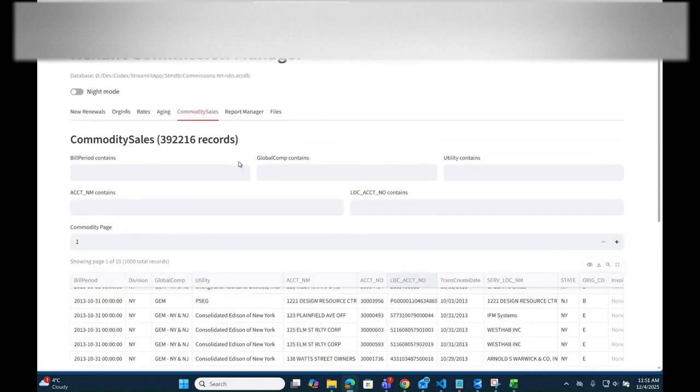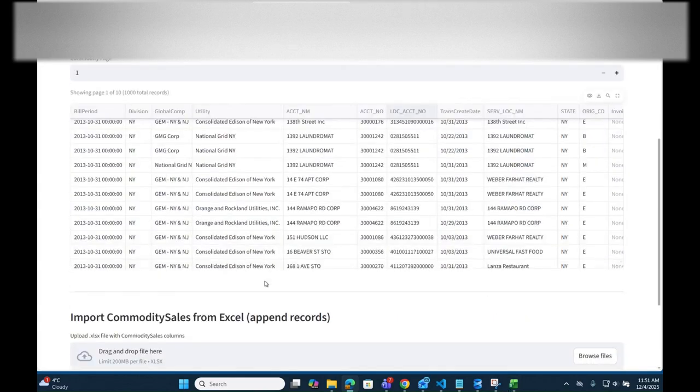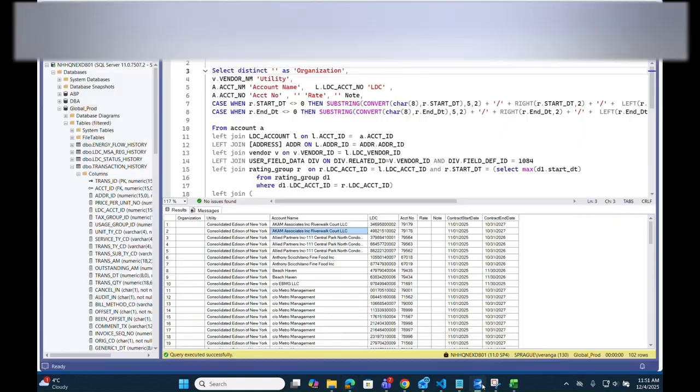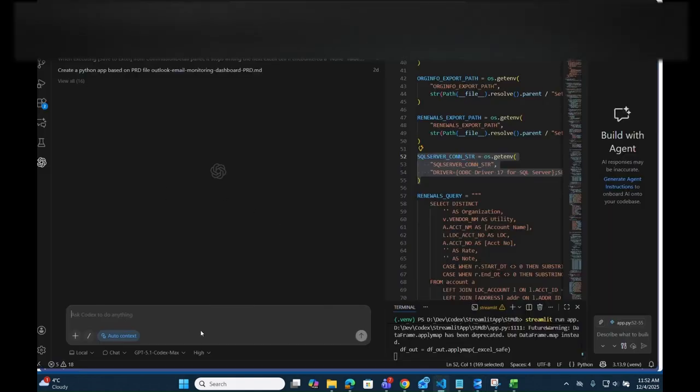For example, in commodity, I want to use SQL to populate instead of from Excel. So we're going to need a query. For example, here, commission detail, I want this result to be the same as the one in Excel. We are attempting to append this record to the Access database. What we're going to do is, right now I'm in